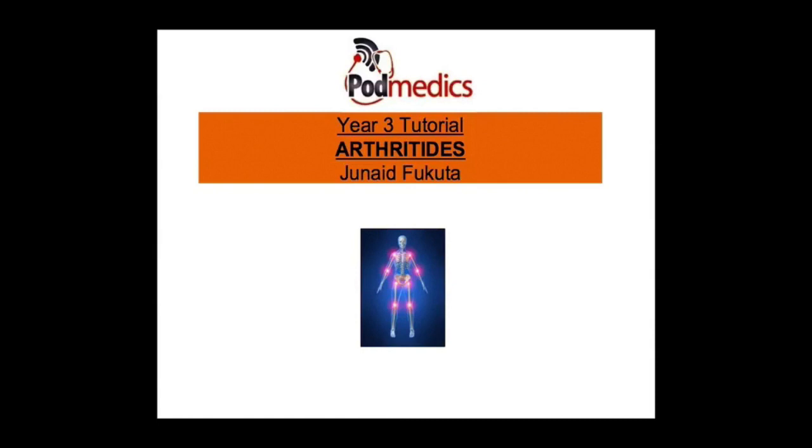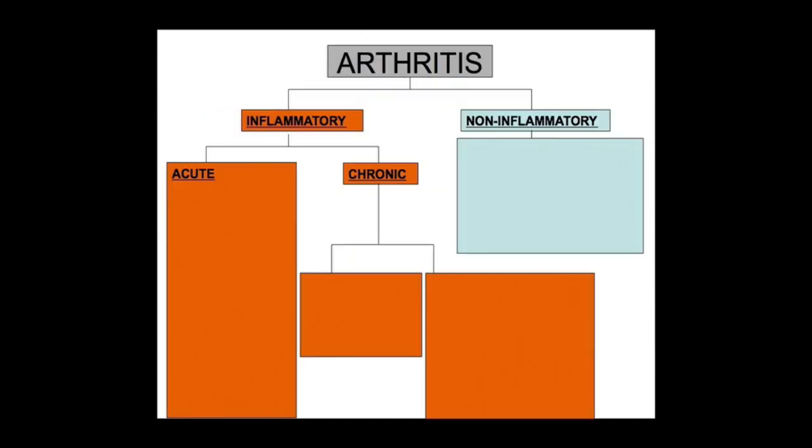Today we're going to be talking about the arthritides. Now this topic is often made quite difficult throughout the study of medicine, however it is actually a very simple subject. The arthritides are basically diseases that cause inflammation of joints, and the best way to divide them up is into those that are inflammatory and those that are non-inflammatory. The inflammatory conditions can be further subdivided into those that are acute and those that are chronic. But we're going to talk about the non-inflammatory condition first of all, and the one that needs to be known about is